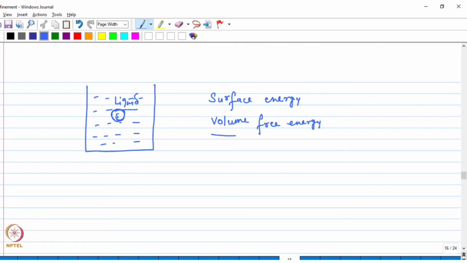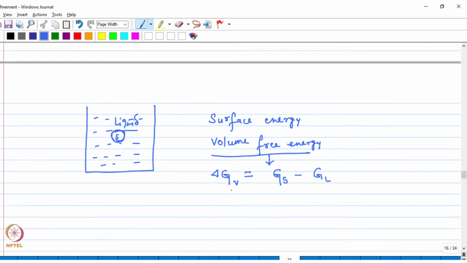And this is basically the difference between the free energies of the product and the parent phase, which are solid and liquid respectively in case of solidification, right? So the volume free energy change is basically Gs minus Gl, where Gs is the free energy of the solid and Gl is the free energy of the